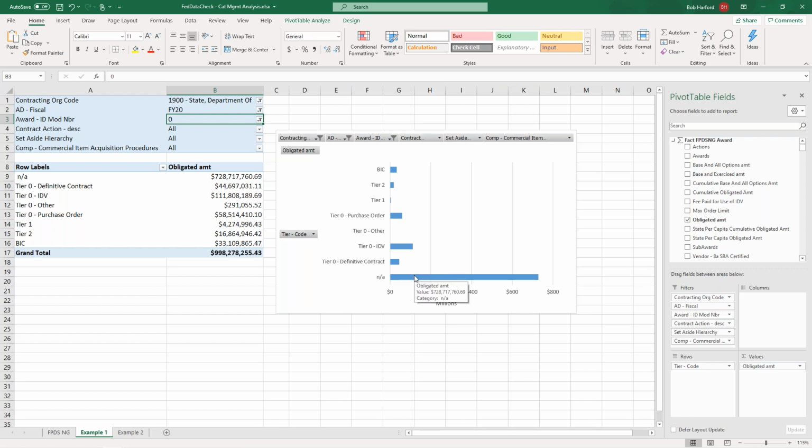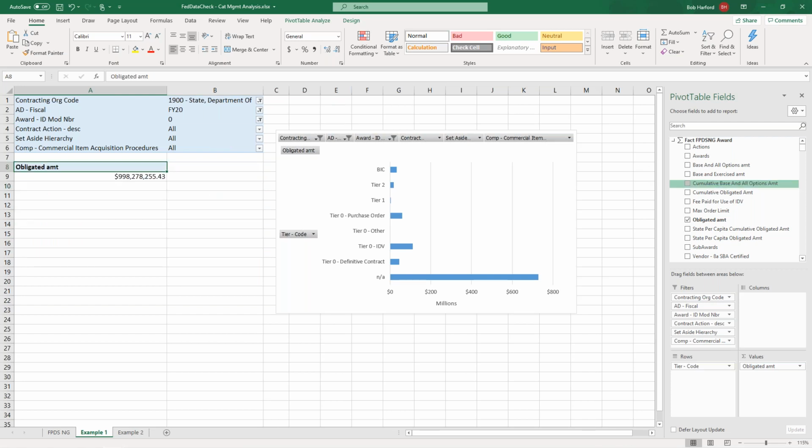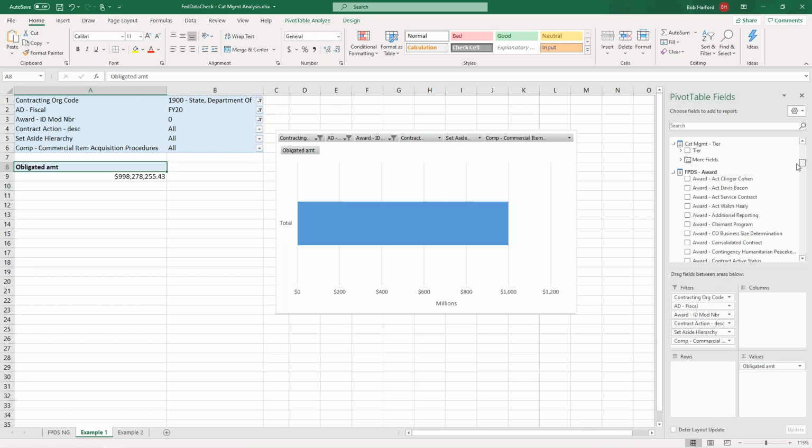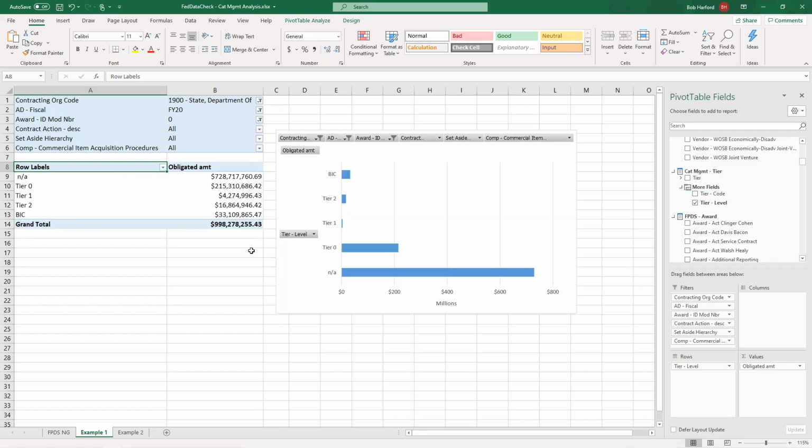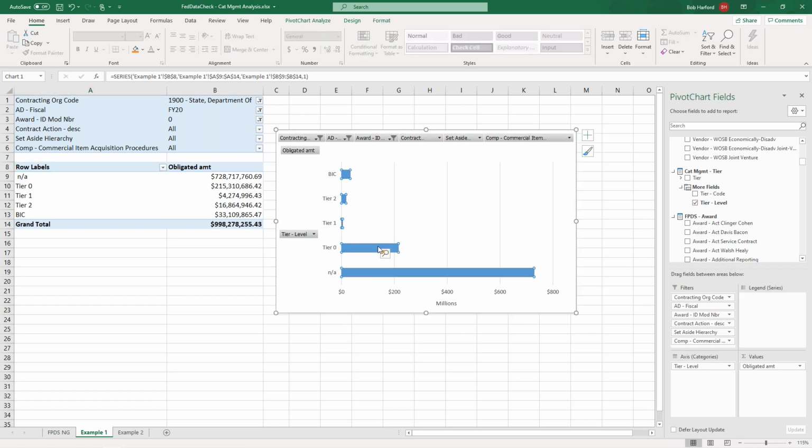This means that spend hasn't been categorized yet, hasn't made its way to GSA acquisition gateway. But I could see there's a lot of tier 0 spend in this category. Instead of breaking that up, let me just do it this way. I can see that tier 1, not so much. Then it goes up, tier 2, tier BIC, but they still have a lot of unmanaged spend here as the most.